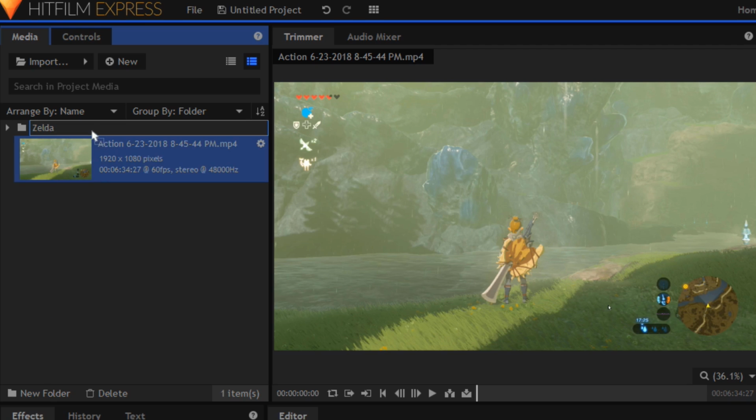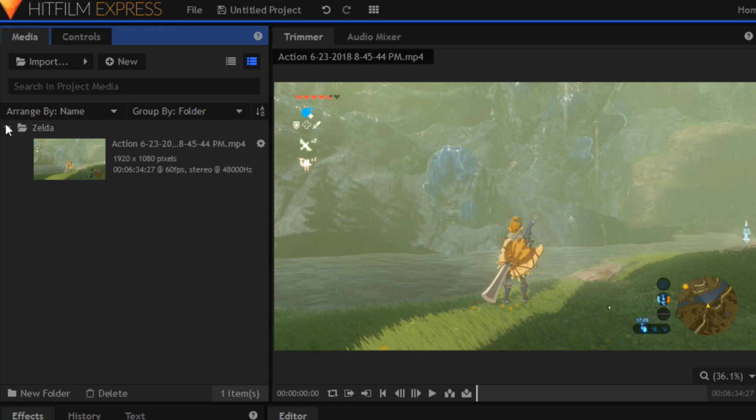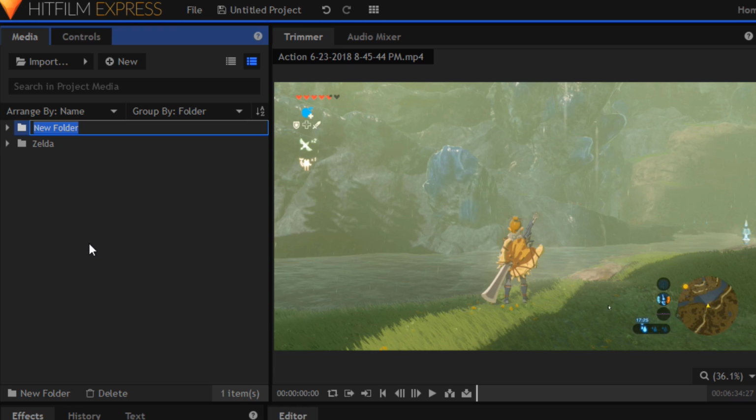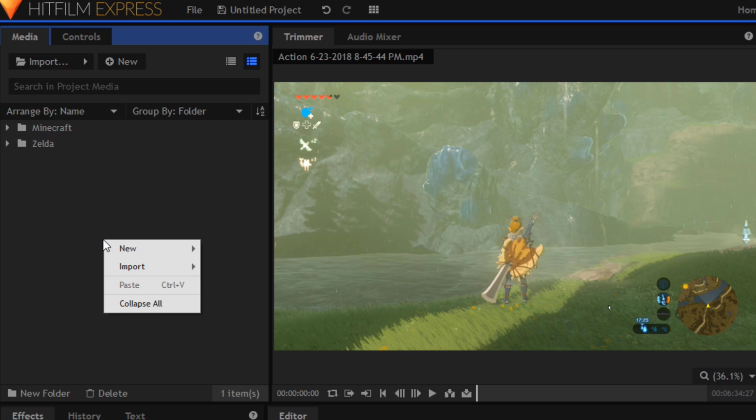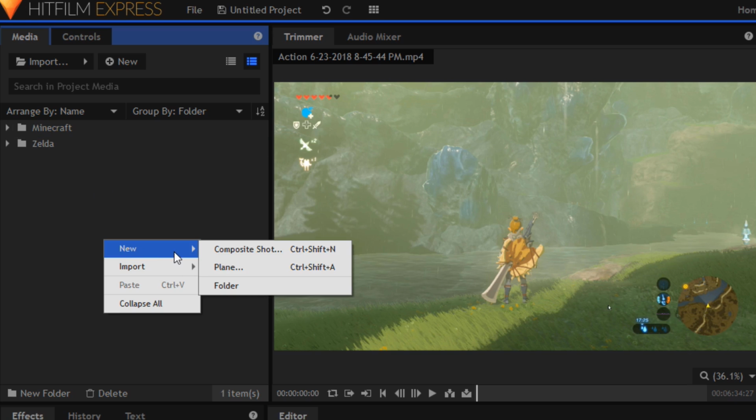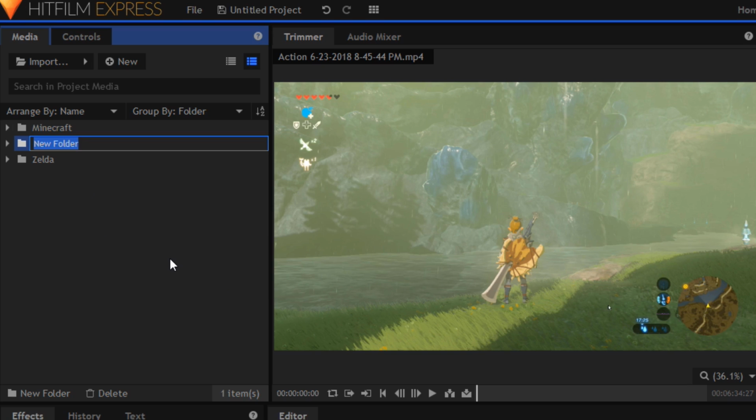Now I can just drag that file into that folder, and now it's sorted in there with any other Zelda files I might want to get. Now I also know that maybe for this video I want to have some Minecraft clips. So I'll just type Minecraft into this other folder, and alternatively you can right click, hover over New, and create a folder that way, which I'm going to do